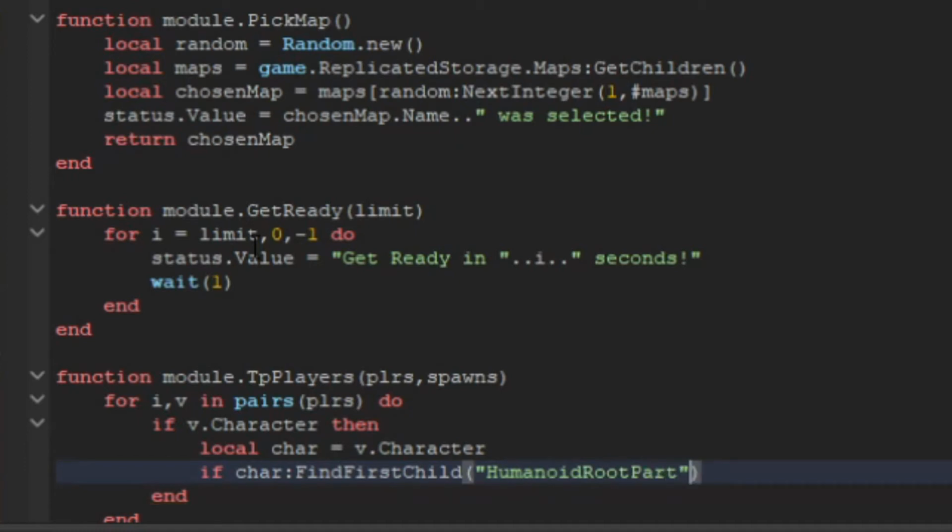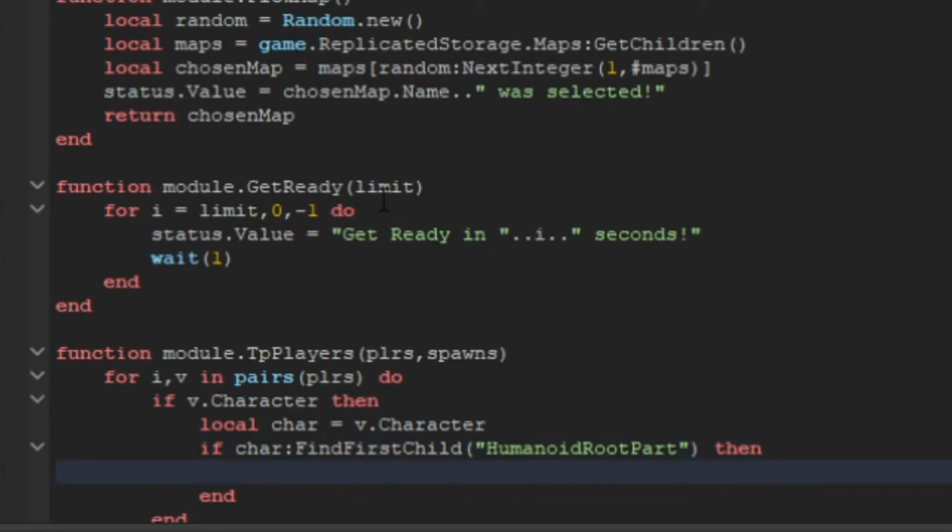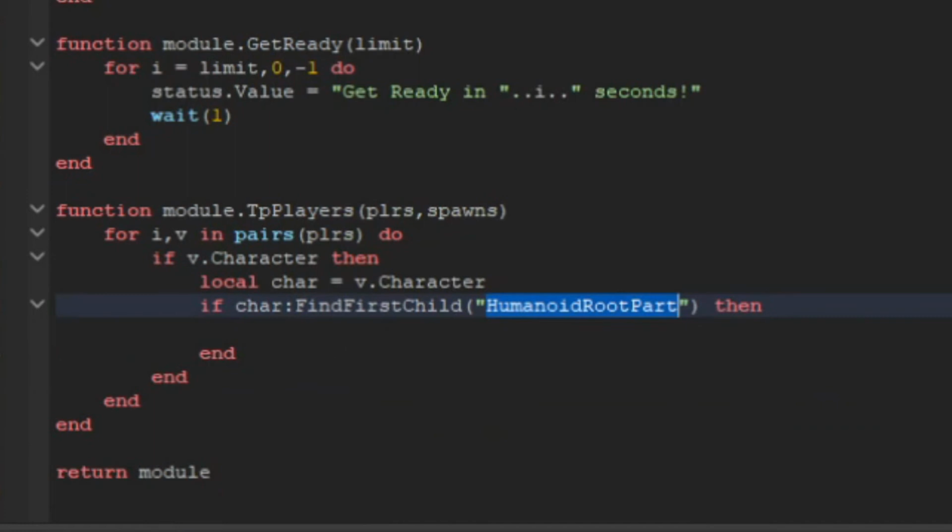So humanoid root part is definitely the main part of your avatar. So if you're struggling with the torso, that's currently lacking for the R6 and R15, so we definitely need the humanoid root part. So if it's a humanoid root part, then I'm going to say this: